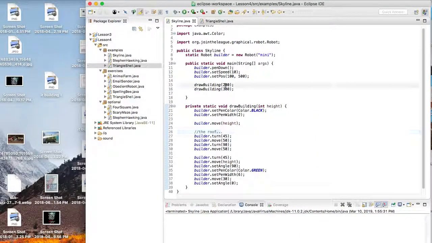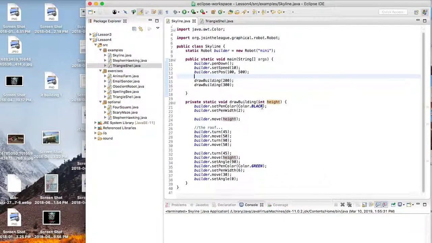Okay, so like I was saying with the triangle shell, this is now a dynamic value. So whatever you pass into the draw building method, then it will change the height of the building. I was hoping to make this into a city, but I'm going to do that in a second. First, I want to show you how you could go even more crazy with this, because here we have, this